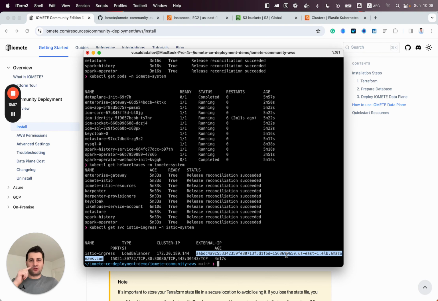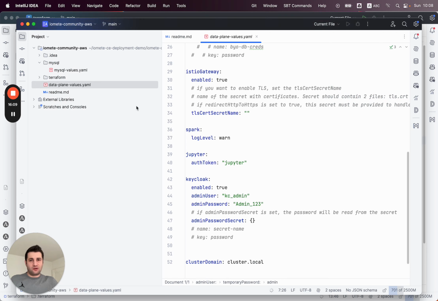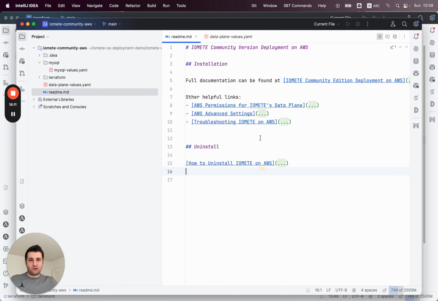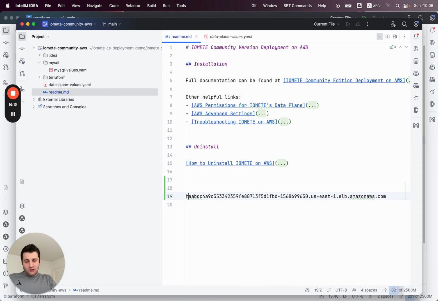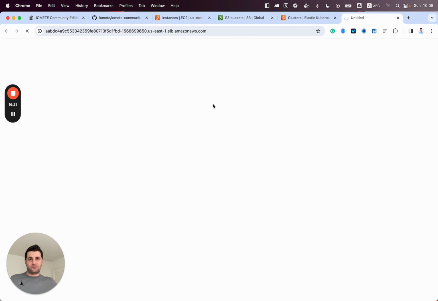I'll also add additional documentation about how you can do that. But for today, let's access this UI using this one. Let me add this somewhere here, with HTTP, and then let's access it.